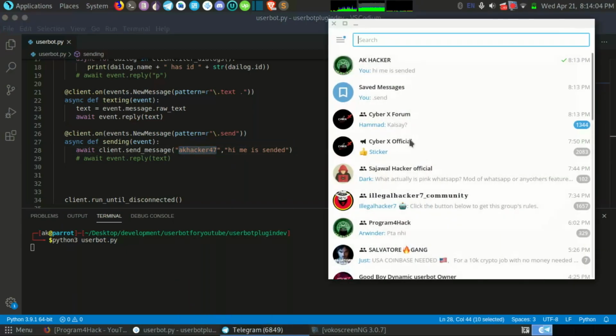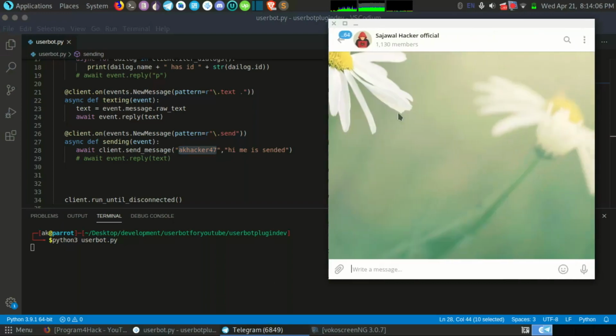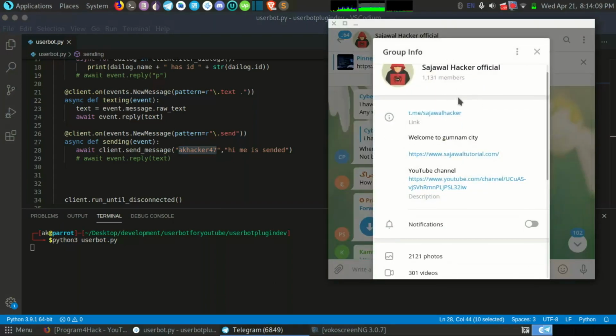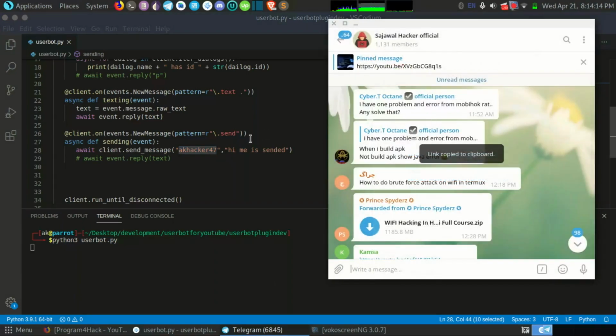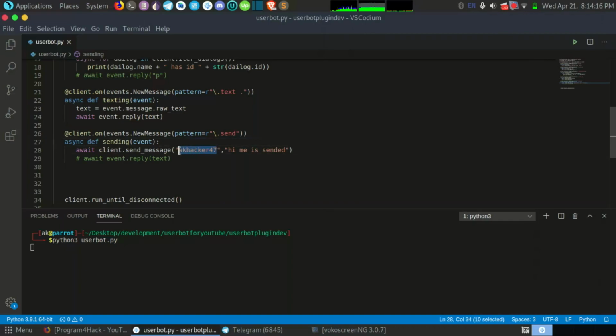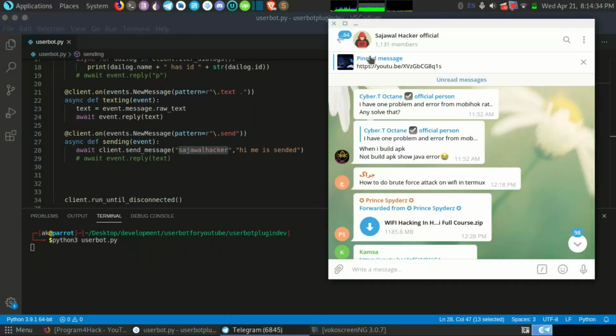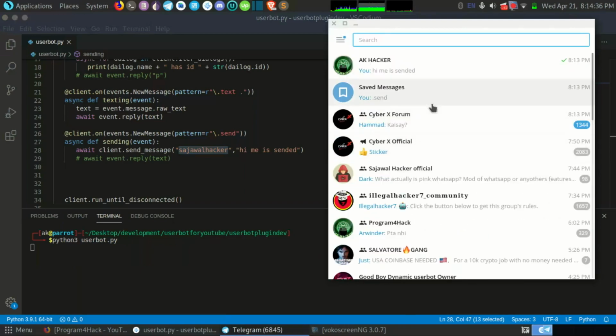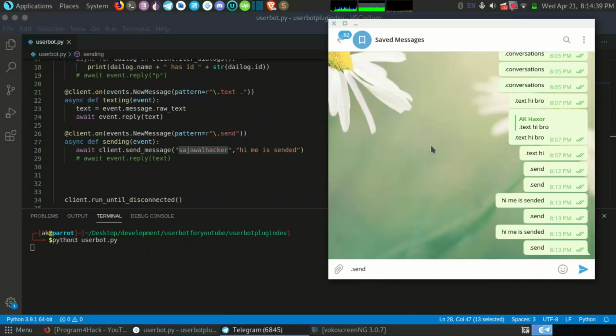Okay, so if I go here and see any group, here I have a group of Sajawal hacker, so I will copy this and I go here and paste here, but remember you have to remove all this. It's not a link, it's a user ID, so you have to remove all this, only leaving this. Okay, after slash this. So I will save this and run this, come to my saved messages and type dot send,